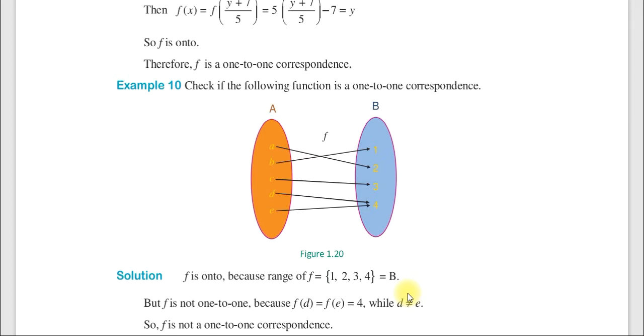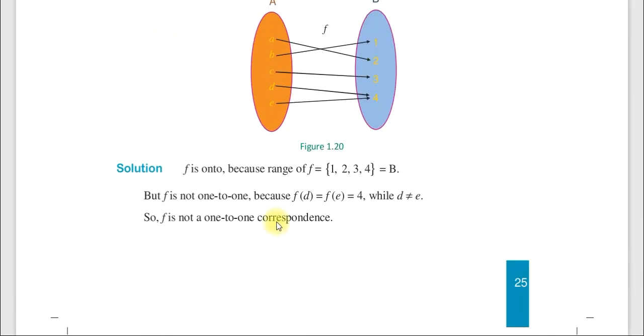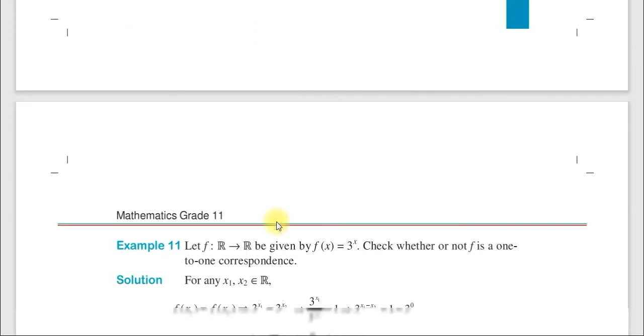ከሆነ ነው 1 to 1 ብለን ነበር ነገር ግን እዚህ ላይ f of d እና f of e እኩል ቢሆኑም እንኳን d እና e ግን የተለያዩ ናቸው እኩል ቢሆኑልን እንችል ነበር ስለዚህ one to one correspondence አይደለም እንላለን ማለት ነው።